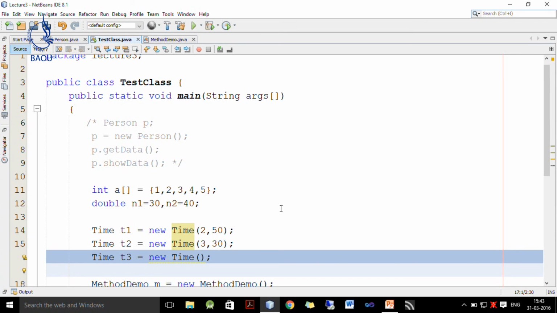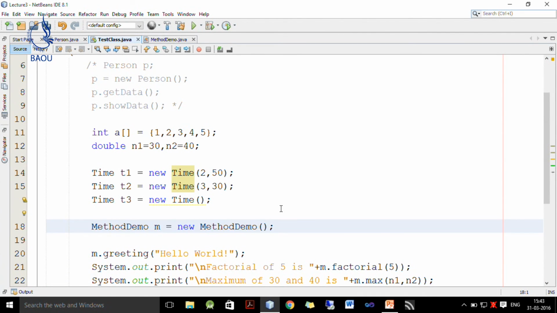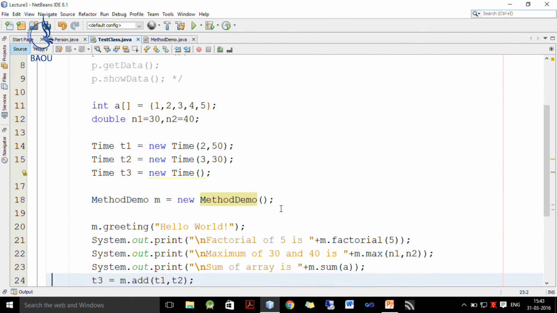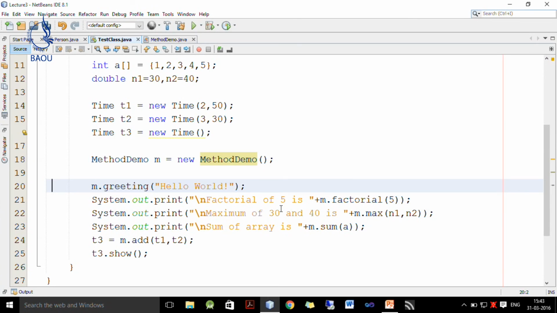of these two times. So, here first we have to create an instance of the method demo class, then we can call methods of this class. So, I create one object m of type method demo and create its instance by calling new MethodDemo. Next I write m.greeting.